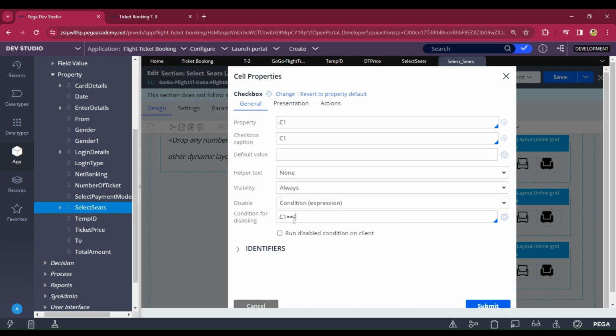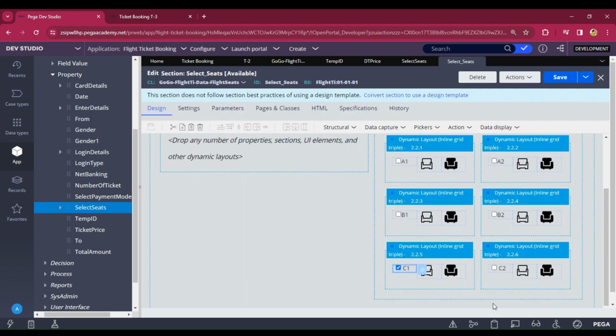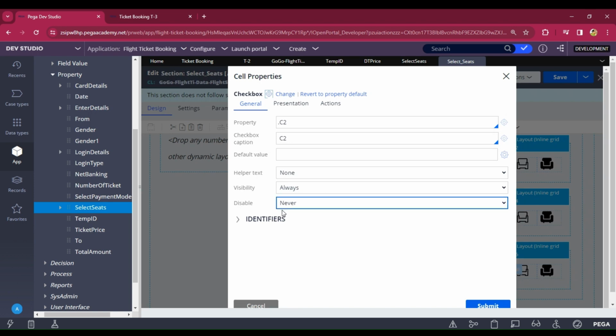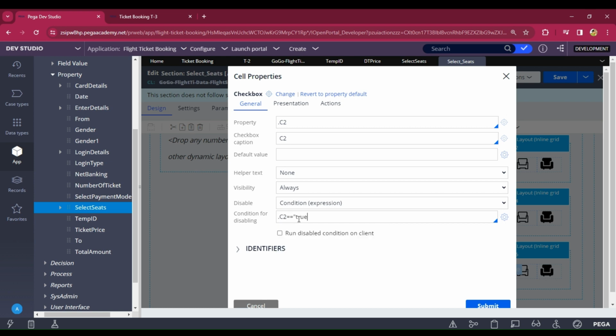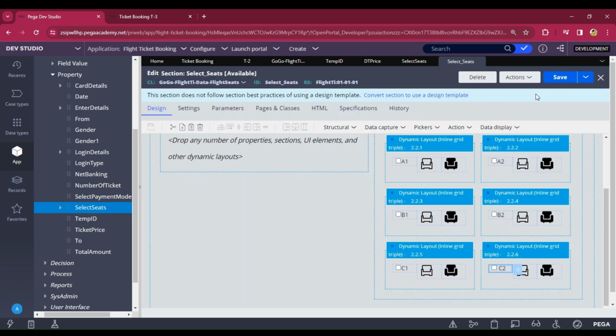C1 is double equal to true. C2 is double equal to true. Click on save